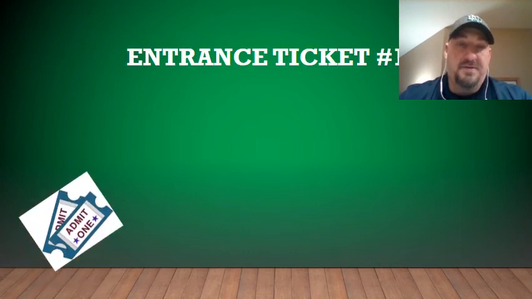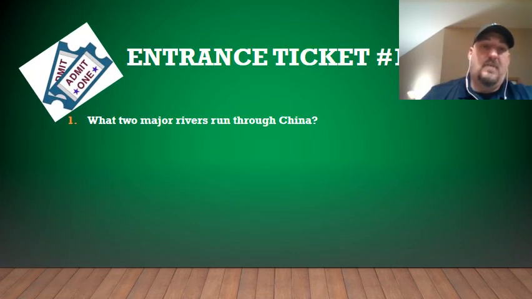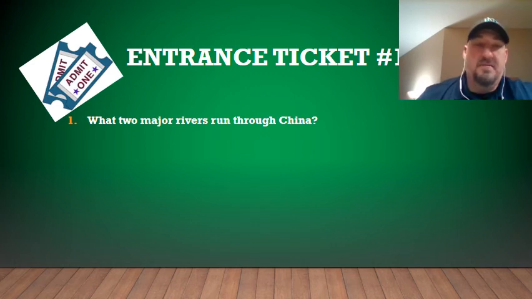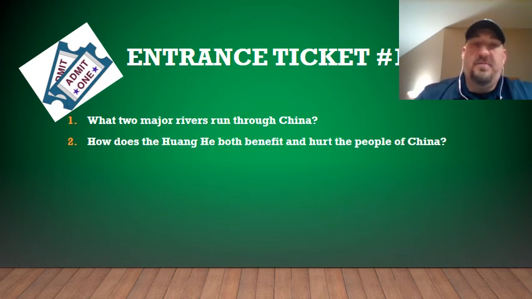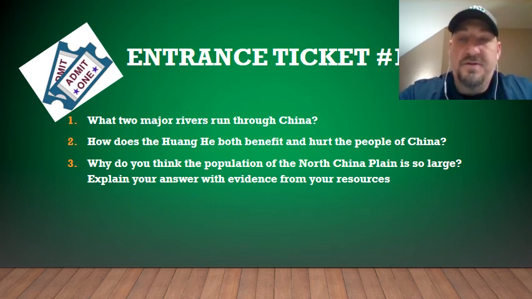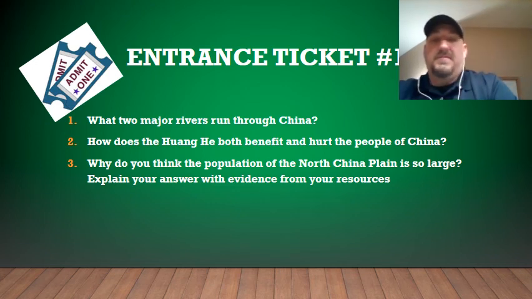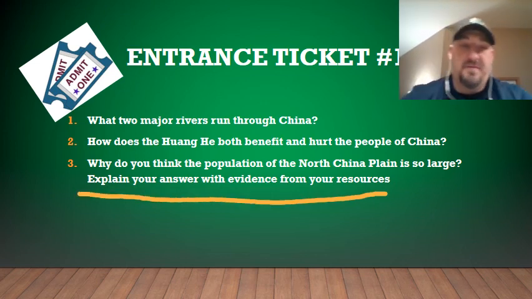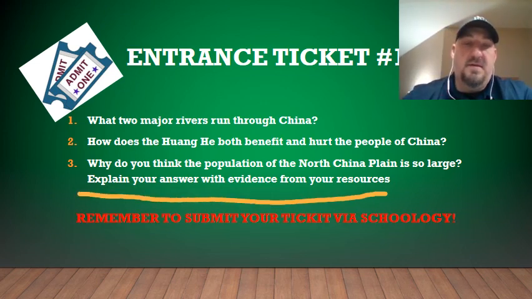So again, to review entrance ticket 1, what two major rivers run through China? How does the Honghe both benefit and hurt the people of China? And why do you think the population of the North China Plain is so large? Explain your answer with evidence from the resources. And then remember to submit